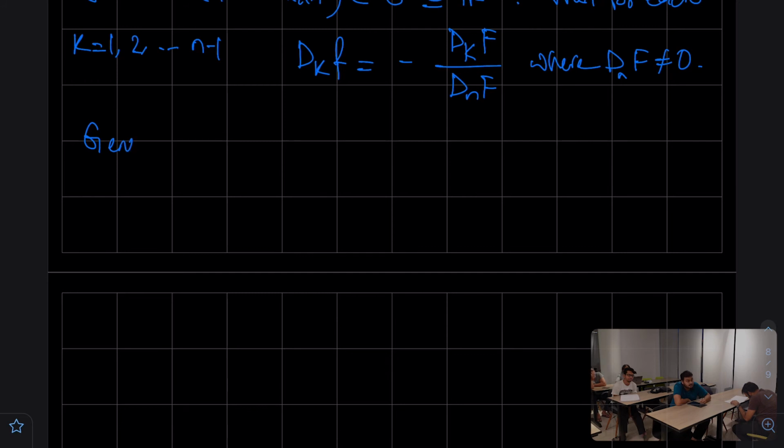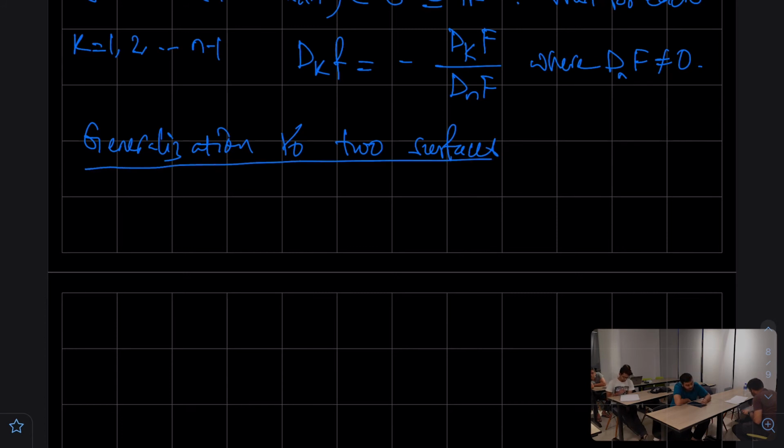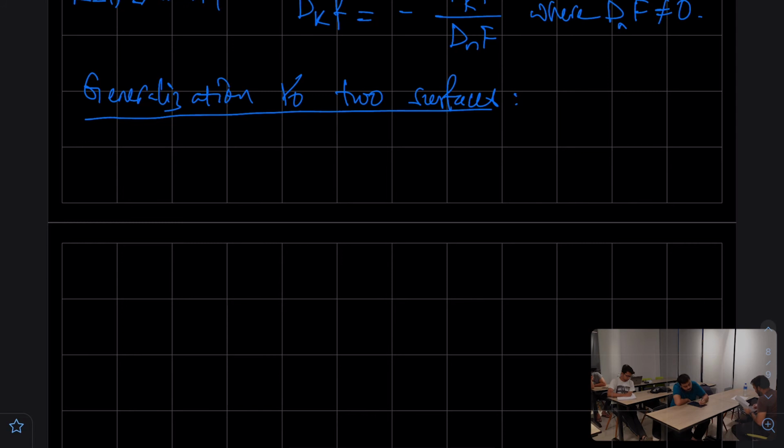Now the generalizations from one surface to two surfaces. So, generalization to two surfaces. The method of implicit differentiation to two surfaces. Why you should be worrying about such a thing, or talking about such a thing, not forget about worrying about it. So let two surfaces